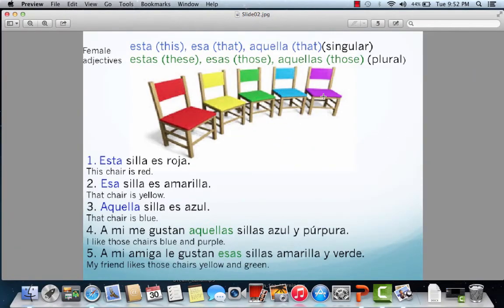Feminine demonstrative adjectives: esta, esa, aquella for singular nouns. Esta silla es roja. I use esta because the red chair is close to me. Esa silla es amarilla. That chair is yellow. I use esa because the yellow chair is close but not as close as the red one. Aquella silla es azul. Now I'm referring to the blue chair, and I used aquella because it's the furthest away